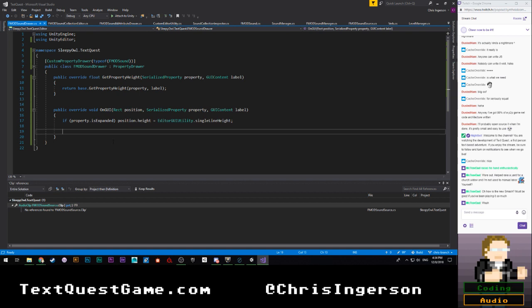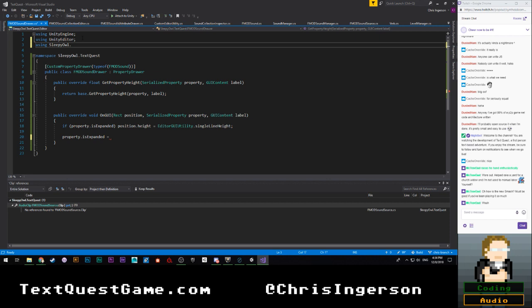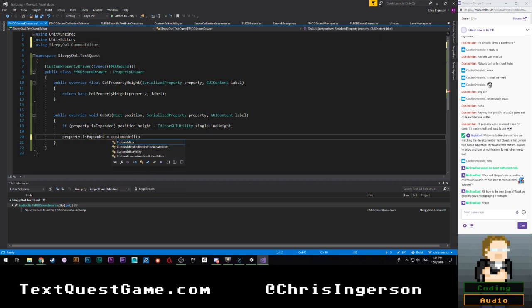So we're going to go ahead and say we want to draw our header. So we're going to say property.isExpanded is equal to editor. Oh, sorry, not that. I knew we needed using SleepyOwl.Common.Editor. We're going to say CustomEditorUtility.DrawHeader(position, with